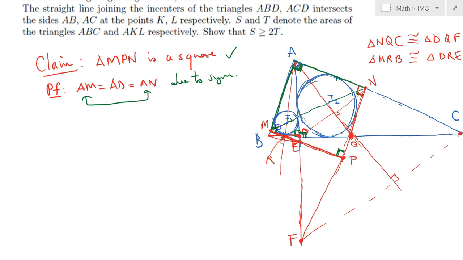As a result, this diagonal contains the points I1 and I2 as well. So now, as a final step, we need to calculate the areas, but we have already made significant observations, namely